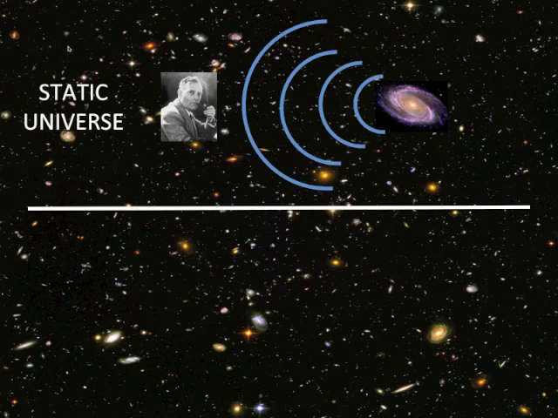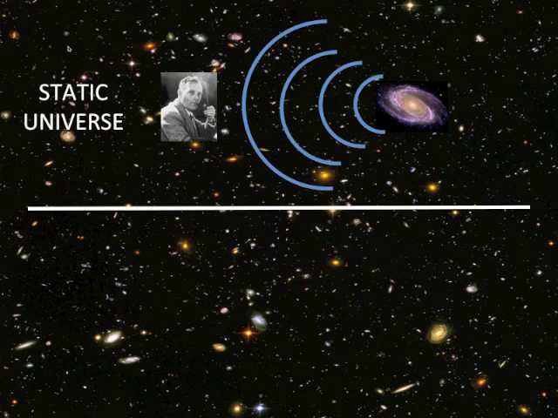So the importance of spectroscopy, as I was saying, is that it allows us to measure how fast an object is moving away or towards us. And the reason this happens for galaxies in the universe is that if you think of a static universe that is not expanding, right? And you have Hubble looking at the universe down here on the Earth, and you have a galaxy at a certain distance, right?